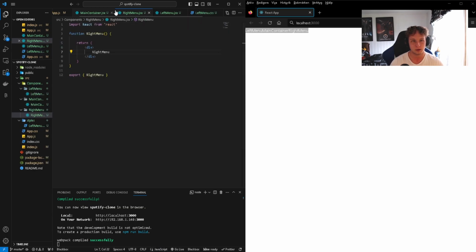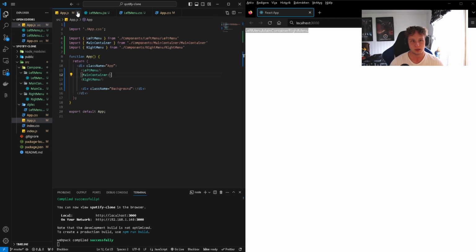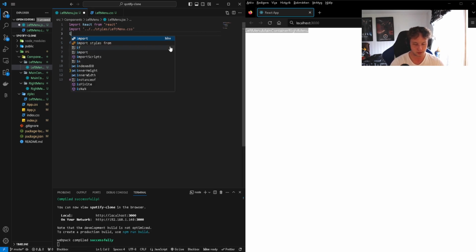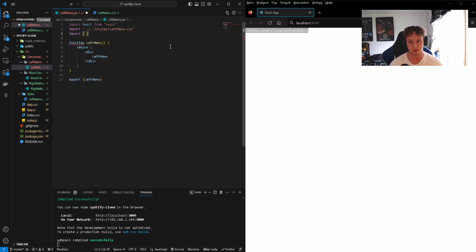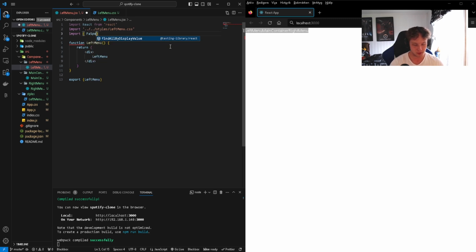We can also collapse these other components because we're not gonna work in them. That's fine. And we want to import this style sheet as well. So we want to go out of this folder and the components folder and go into the styles /left menu.css, just like that. We also want to import icons as well, because we installed the dependency that let us import icons. So we're gonna import FA Spotify and FA